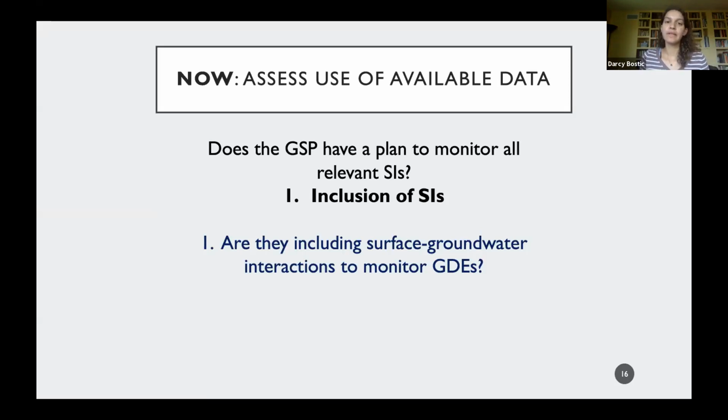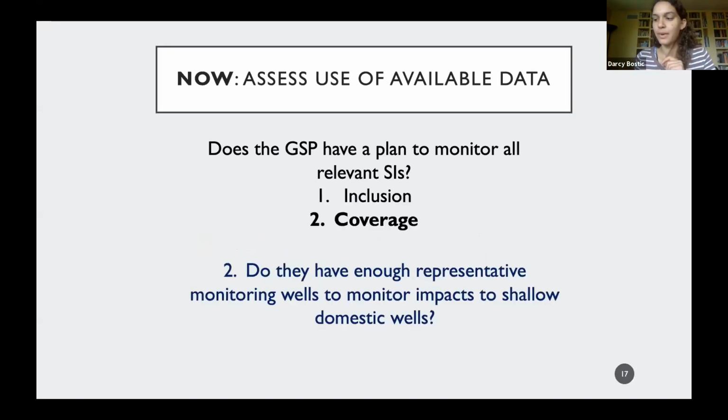So for example, what we've seen in some plans is that groundwater dependent ecosystems are not necessarily mentioned in the plans, and so they fail to also include monitoring for surface water groundwater interactions, which are really important for a lot of groundwater dependent ecosystems. So in this blue text that you'll see below, I have a number of examples that I'll go over as I progress through each question. The blue text is an example and the black text is just the broader question, to be more clear as well.